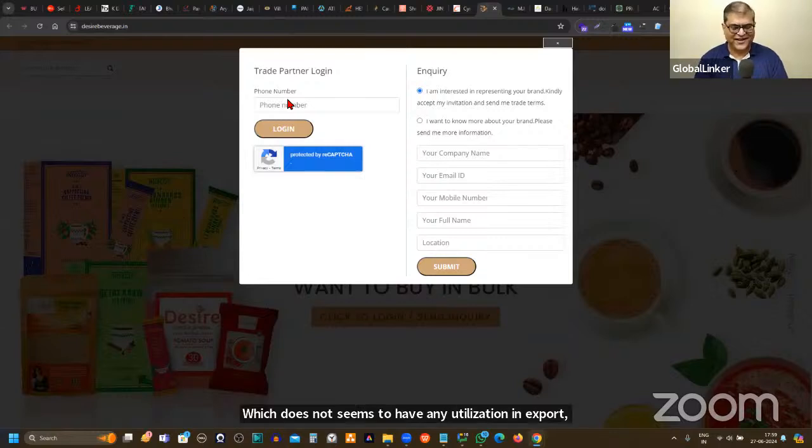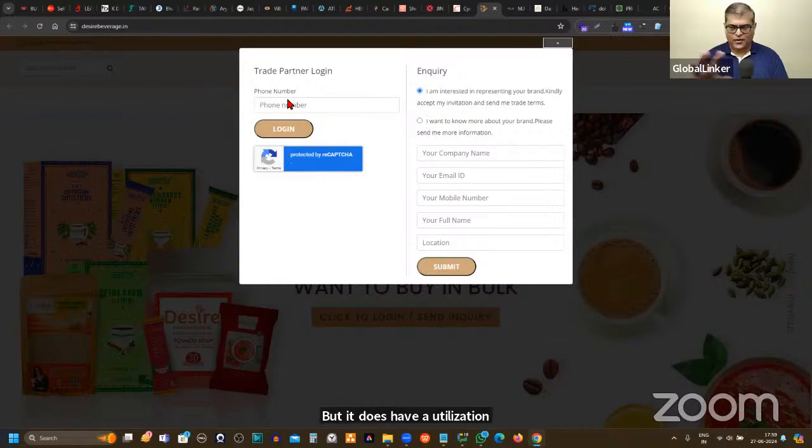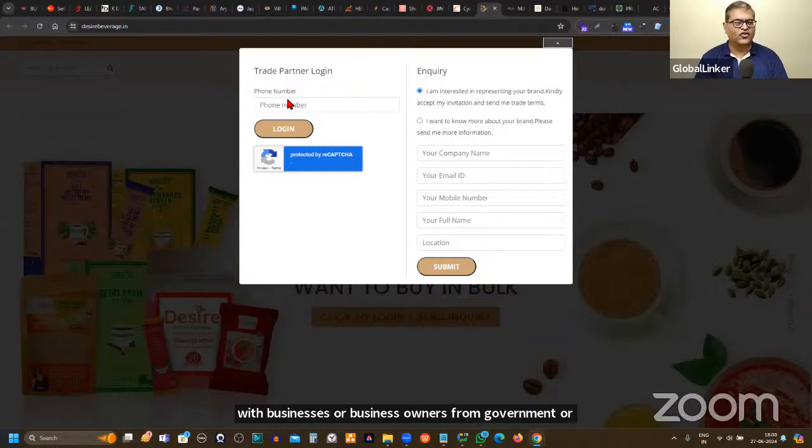Many of you must be thinking, but it does have a utilization export. And I'm not sure how many individuals from the garment or apparel industry are with us. If there are any, you can type yes in the chat. So when previously I had been interacting with businesses or business owners from the garment or fashion industry, many of them